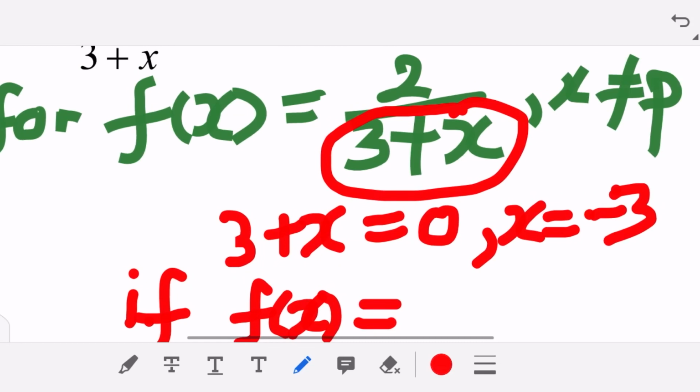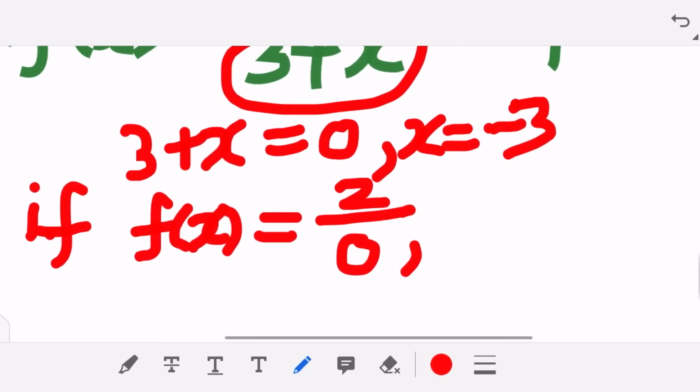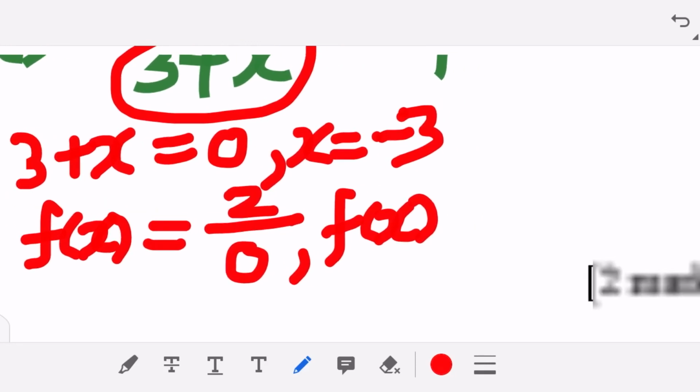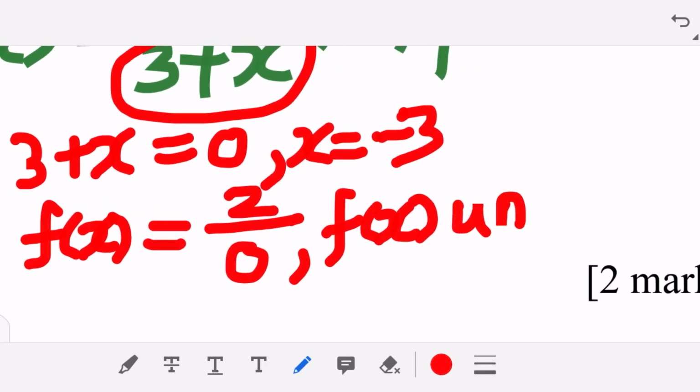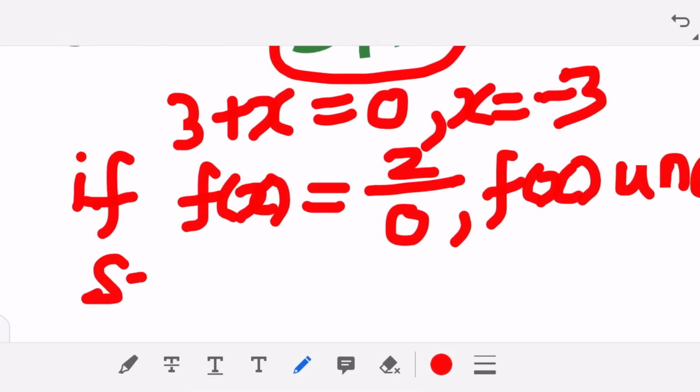Because if the denominator equals 0, the function cannot function. It is an undefined function, meaning that you cannot find the value of f(x). So in order to measure the function with the denominator with the x,